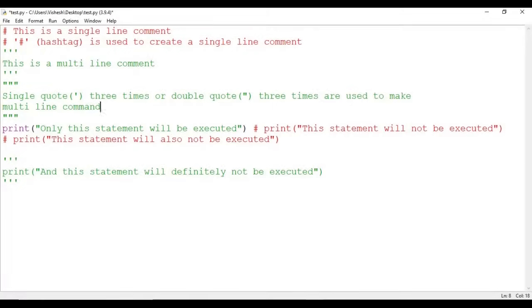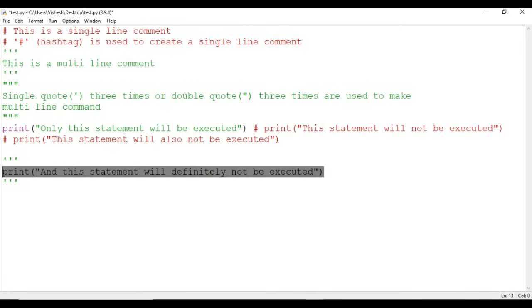As you can see here, I have written 4 print statements, but only one of them will run, and that is this one. The other 3 print statements will not be executed by the Python interpreter because this print statement is on a completely new line starting with hashtag, making this a single line comment. If we check, this print statement is already on a line which has another print statement which is correct. But this print statement also is written after a hashtag, which also makes this a comment. And if we talk about this print